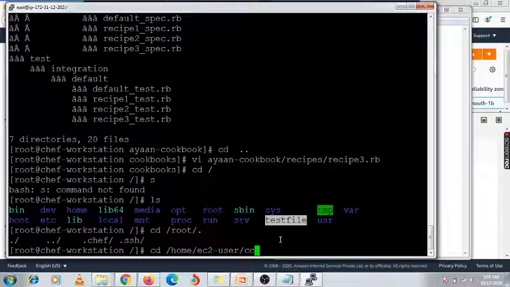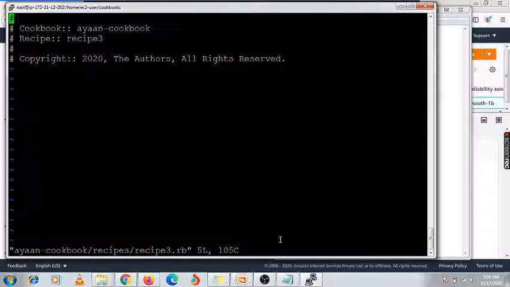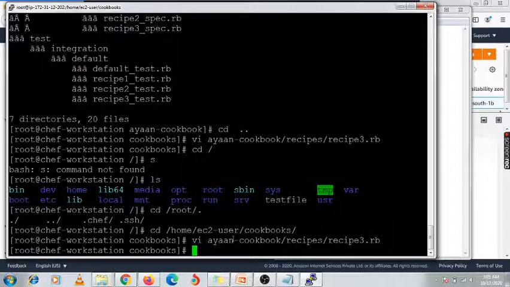Here is the folder, that is the cookbooks. Just enter it, and you need to mention this recipe 3. One minute, actually I forgot this file name.